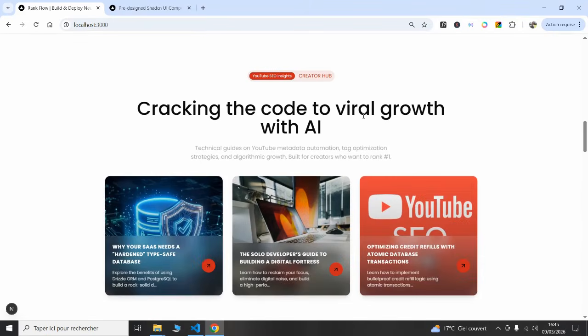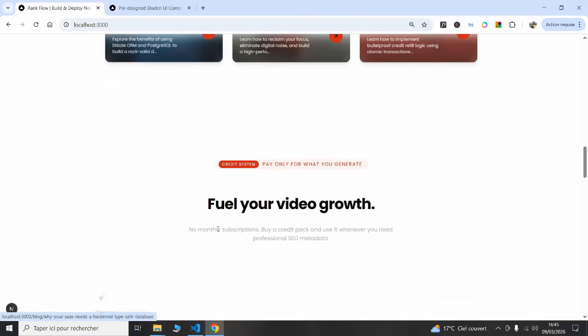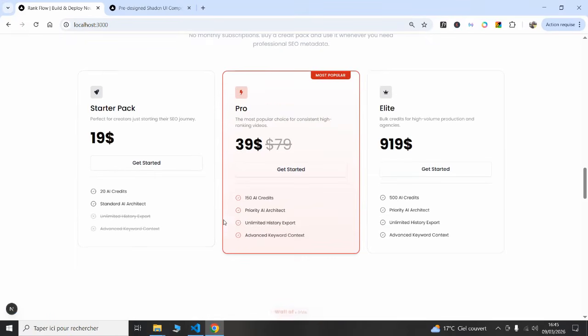We have also this plugin section. So this is connected to Sanity. So I don't want to just click on it because I want to just show you the full landing page. So I'm going to skip the plugin part. Also, we have